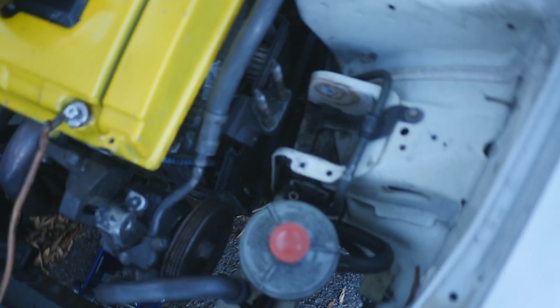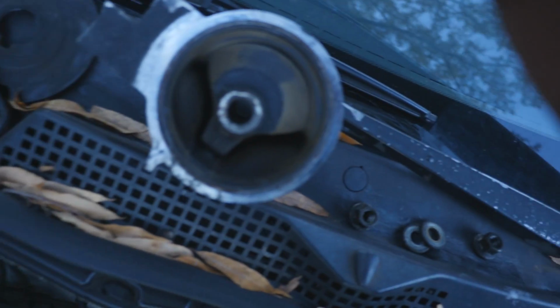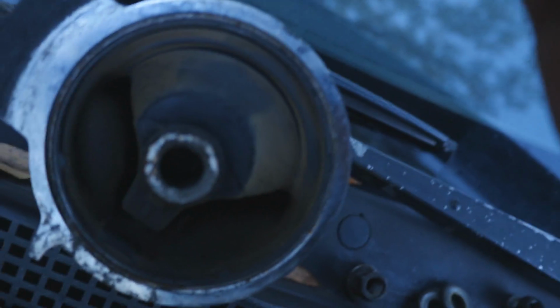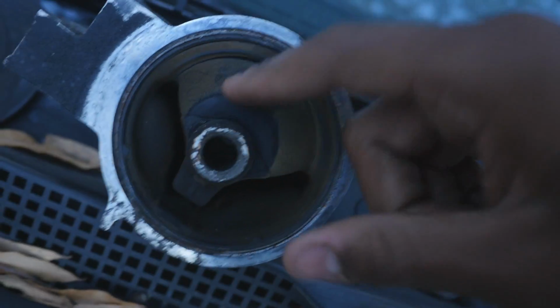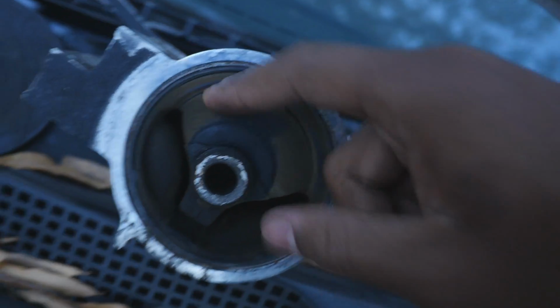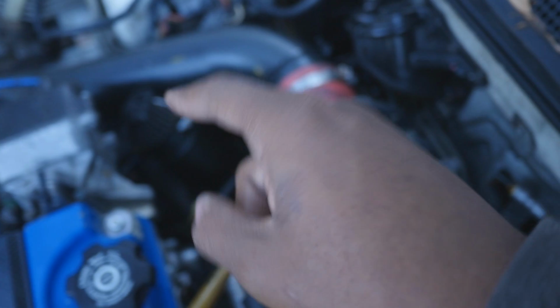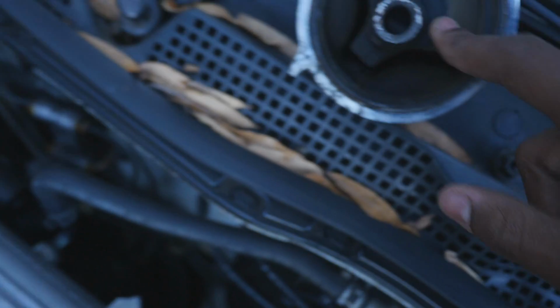Alright, so I got the driver one out. Self-explanatory, not really hard. But I wanted to look at it and see what it looked like and see where I'm getting all these vibrations from. And it's not really from the driver's side, actually. This one looks pretty good, to be honest. I think there's like one crack. I don't know if I can show you. There we go. So it's like one crack right here. I know the rear one is completely shot and the transmission one was okay, but this one wasn't actually all